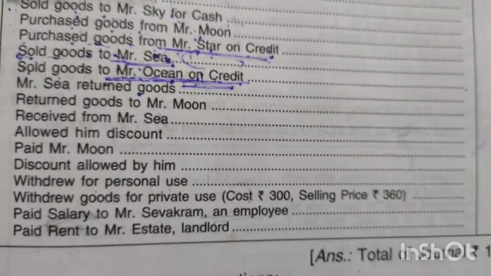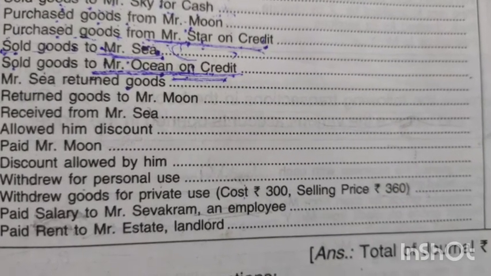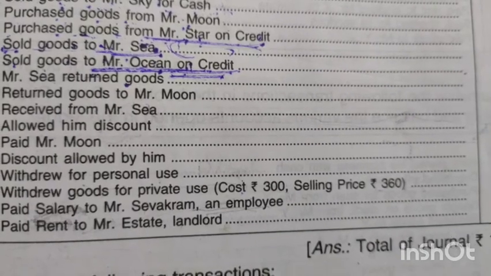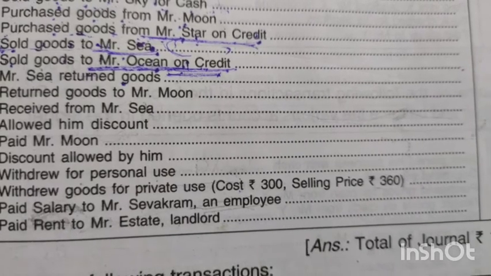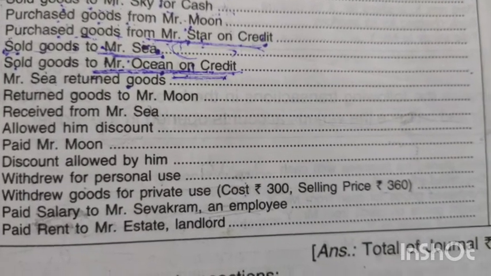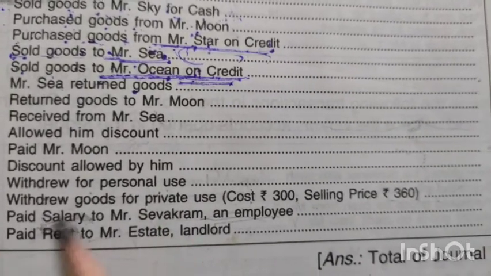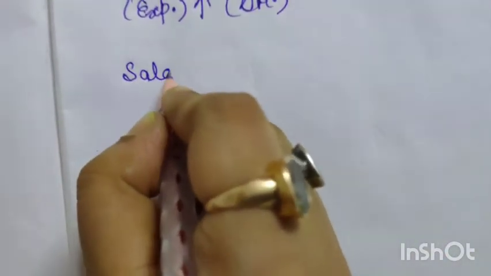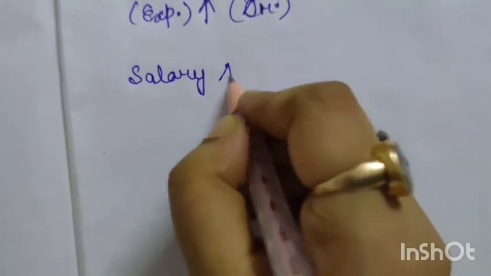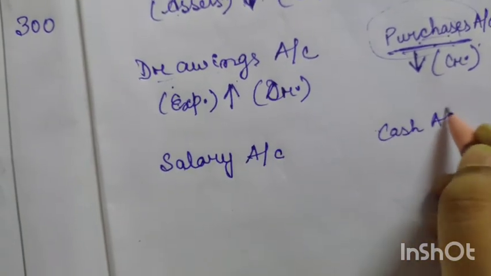So now you may ask the question that why not Mr. Sevak Ram account? Because an employee's account cannot be opened. We may have more than one employee. So are we going to open the account of each employee separately? No. Whenever we will pay salary, we will open in general salary account. Okay. So here we need to open, since we have paid salary, so we will open salary account, that is that particular expense account. Okay, and what we have paid cash, so we will open cash account.